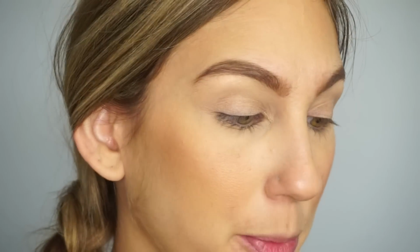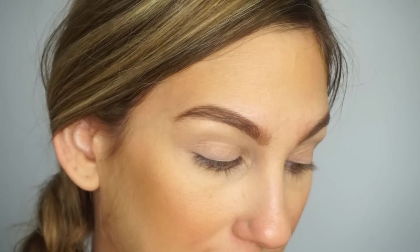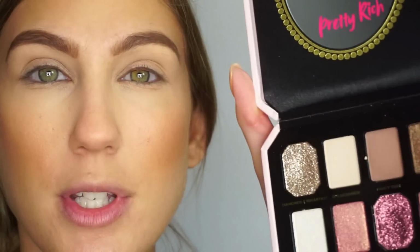Okay, I do have my eyelid primer down. I just used my concealer when I was doing my face makeup. I didn't set it since I'm going to be working with glitters, and if I'm working with glitters or really shimmery shades, I typically don't apply an eyeshadow over just to try to help it be a little bit more tacky. So I'm first going to come in with the shade Fancy That here on the top row,